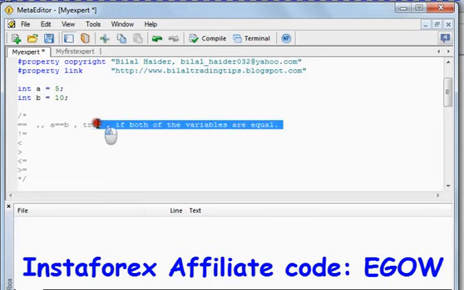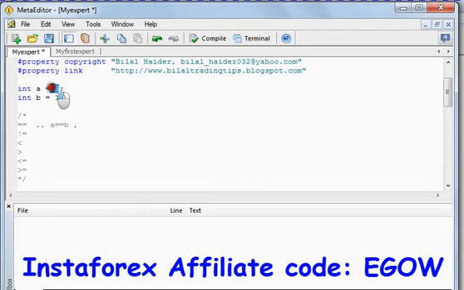In this case we have a equals 5 and b equals 10, so when this piece of code is executed, it will return a false value because a and b